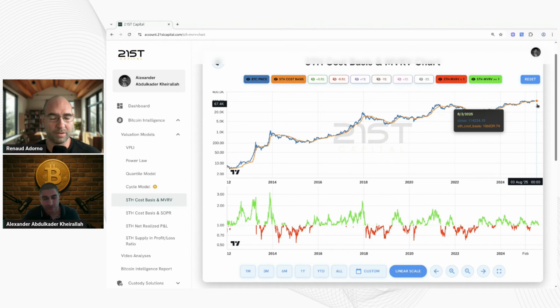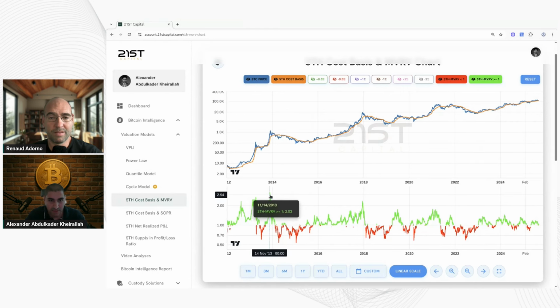Yeah, that's a great question. So essentially, this indicator is supposed to help us understand the market, and particularly it's supposed to help us understand the impact of short-term holders on the price action, right? So, for instance, if the MVRV is above one, if it's significantly above one, say for example, like you can see in this period,